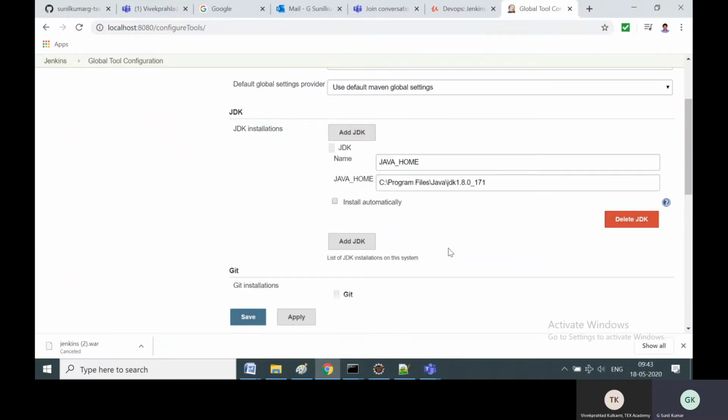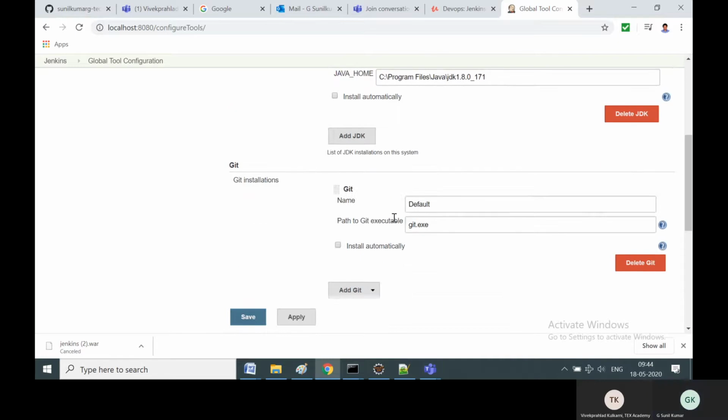Okay. So three things are compulsory in global tool configuration for an initial Maven project: JDK, Maven, and one reporting tool, either Extent or Allure. I have chosen Allure. Our client has used Allure extensively for the last 2 years. We have executed around 1 lakh test cases, and we have used only Allure. So Allure is also a very good automation reporting tool.